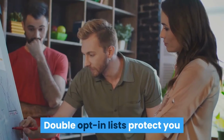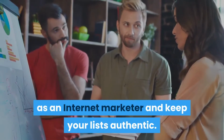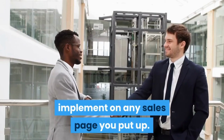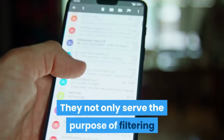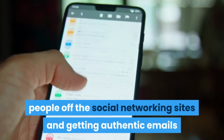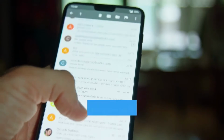Double opt-in lists protect you as an internet marketer and keep your lists authentic. Double opt-in forms are very easy to implement on any sales page you put up. They not only serve the purpose of filtering people off the social networking sites and getting authentic emails that you can market to, but they also work well for the random visitors to your sales pages who got there via